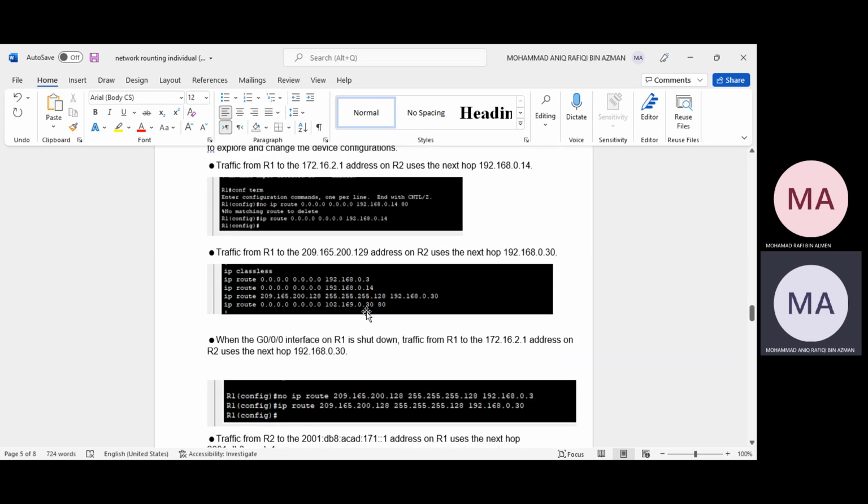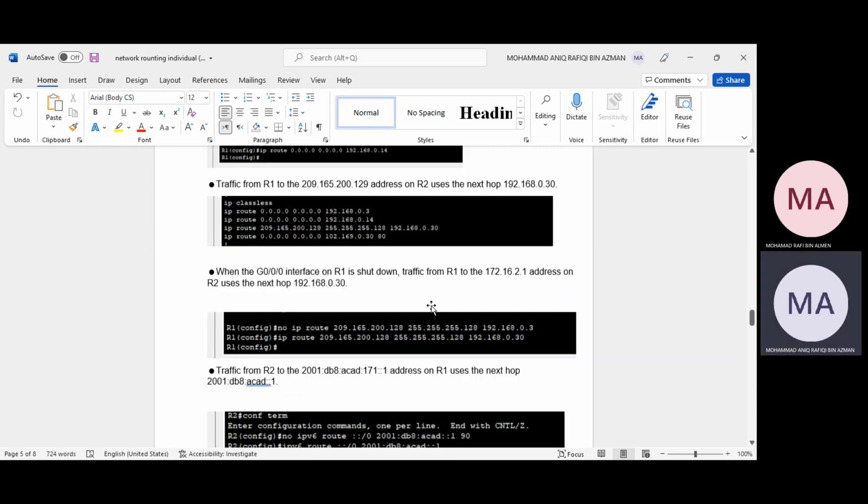The next question is traffic from R1 to the 209.165.200.129 address on R2 uses the next hop 192.168.0.30. This is the IP classless. I am using the same command as question 1, and I get the next hop 192.168.0.30.